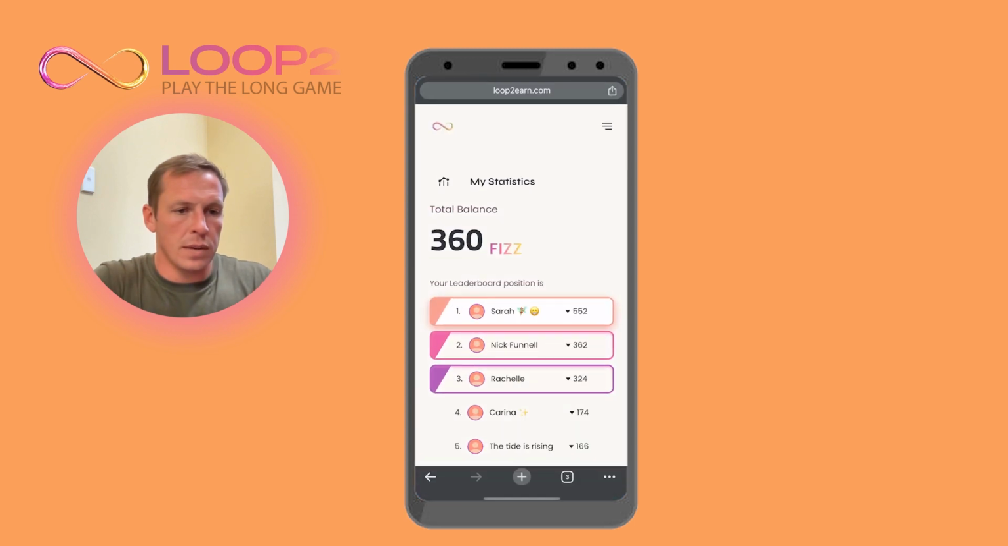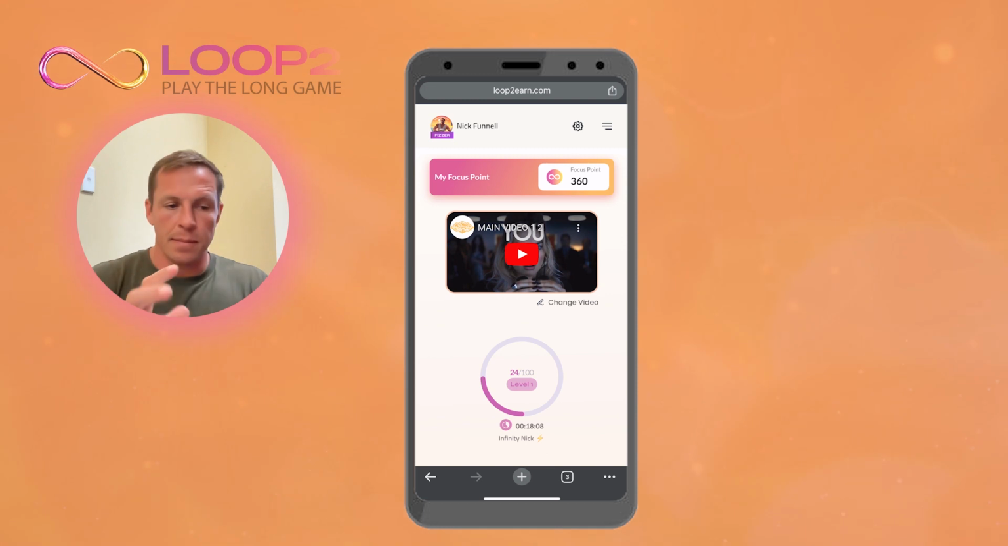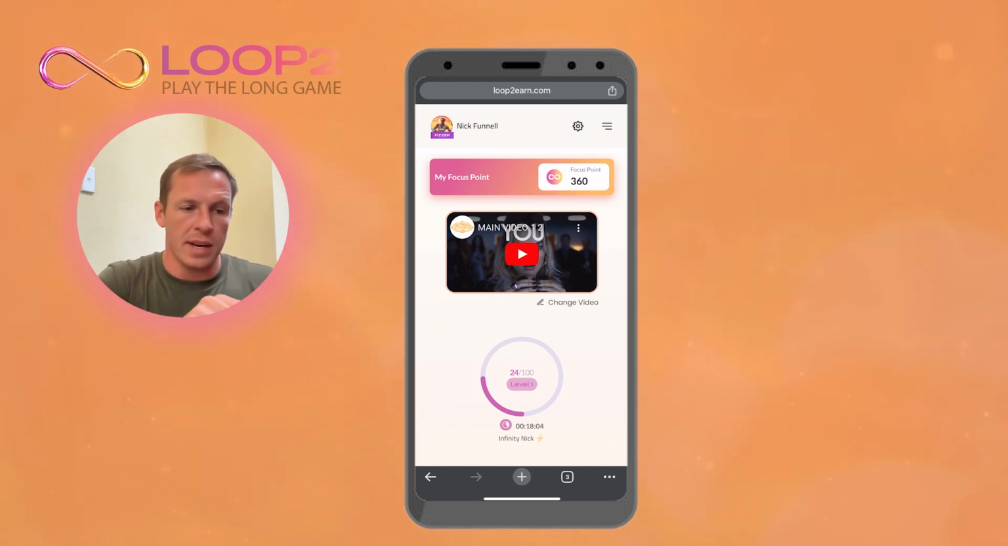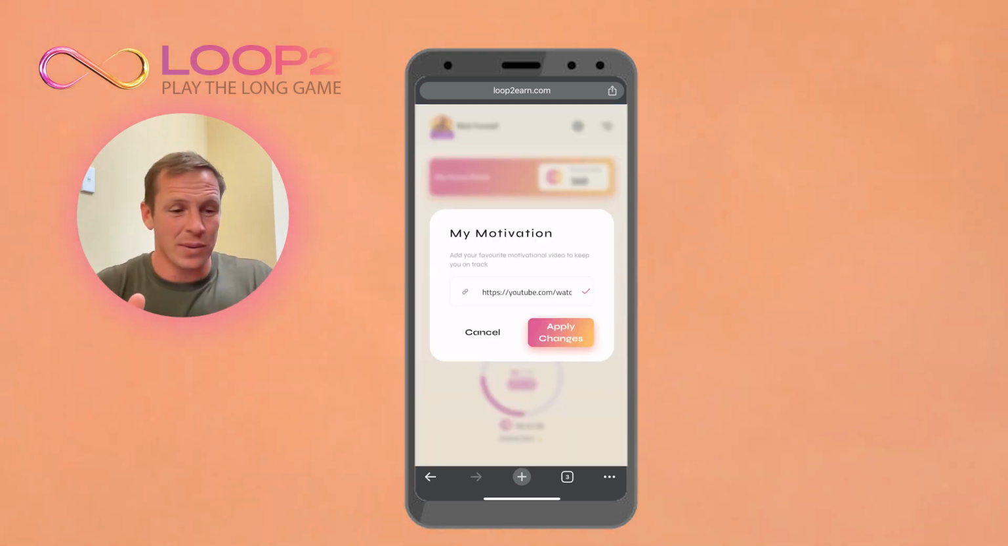What we're going to do is we're going to go into... So when you first open the app, you should open it up onto my profile page, and on there will be a section for you to change the video. So once you've watched this video enough and you understand what you're doing and why you're doing it, then go